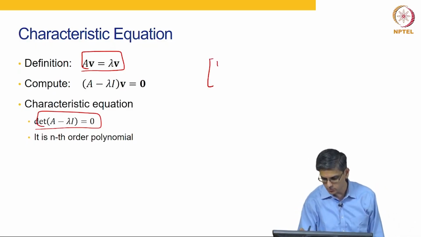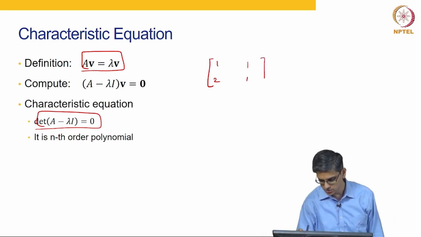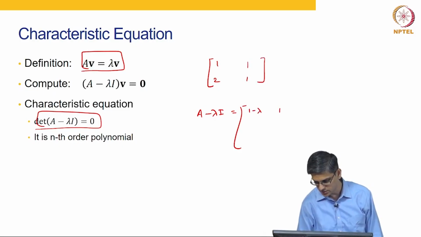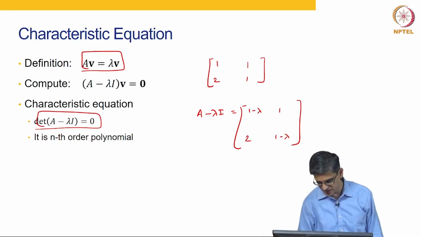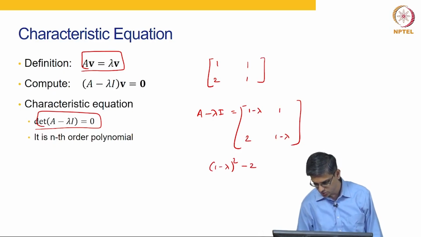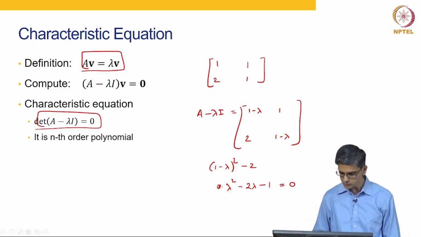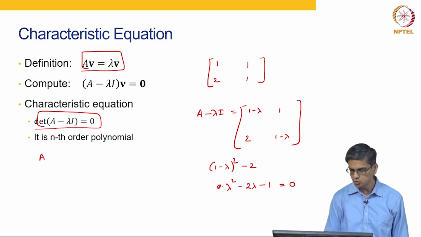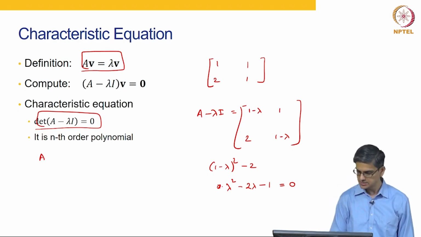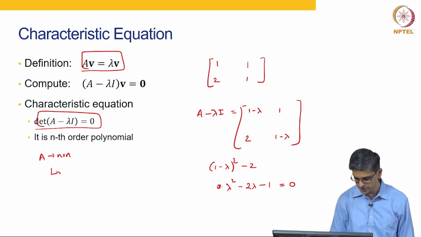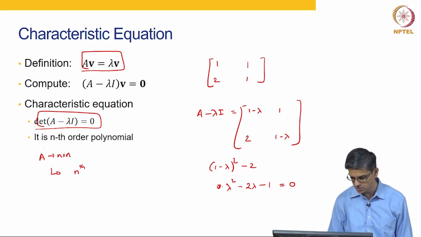So, if A was [1 1; 2 1], then A minus lambda I is [1 minus lambda, 1; 2, 1 minus lambda], determinant of that is (1 minus lambda) squared minus 2, which is lambda square minus 2 lambda minus 1 equal to 0, okay. So, if A is 2 by 2, characteristic equation is a second order polynomial. So, if A is n by n, okay, the characteristic equation is nth order polynomial,